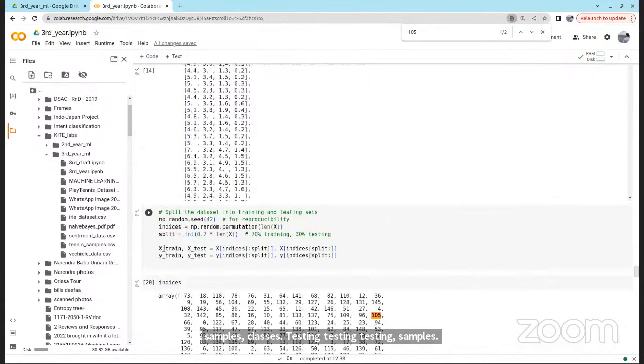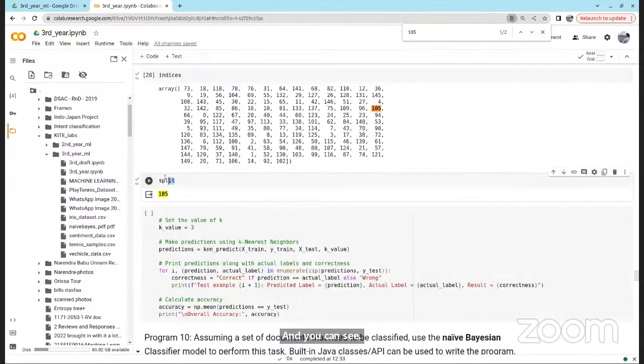And you will see the length of the training set, length of the testing set, 105 and 45. So out of 150, 105 records are used for training, 45 are used for testing.